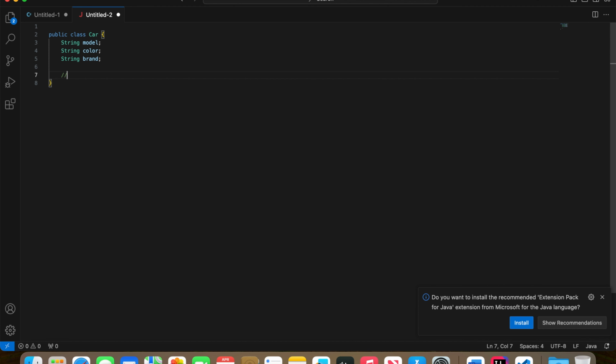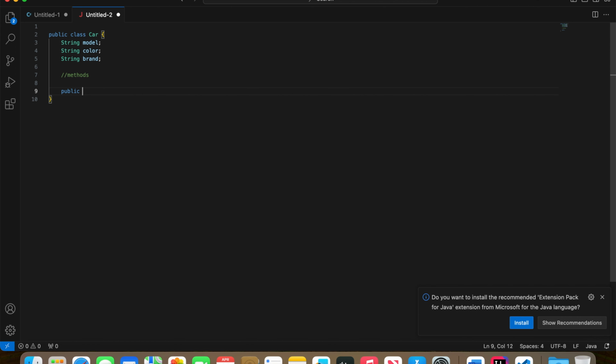Now I'm going to discuss methods. A method is similar to the syntax. We'll have an access modifier, which I'm using as public, and the method name. Methods are nothing but they talk about behavior. What can a car do? A car can drive.